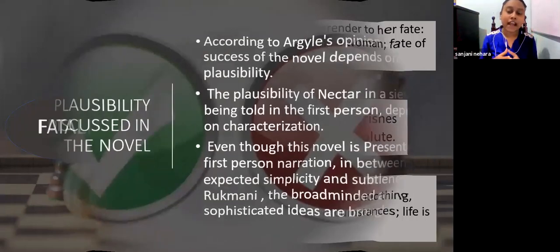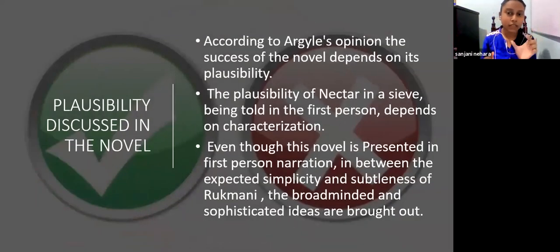In this slide, I'm going to draw attention to the theme of plausibility discussed in the novel. Plausibility means the quality of reasonability or probability. According to Mr. Aghi's opinion, the success of the novel depends on its plausibility. Establishing this opinion, the author Kamala Markandeya incorporates that theme brilliantly in the novel, through first-person narration and through characterization. For example, once Rukmani says about a person named Ravi,